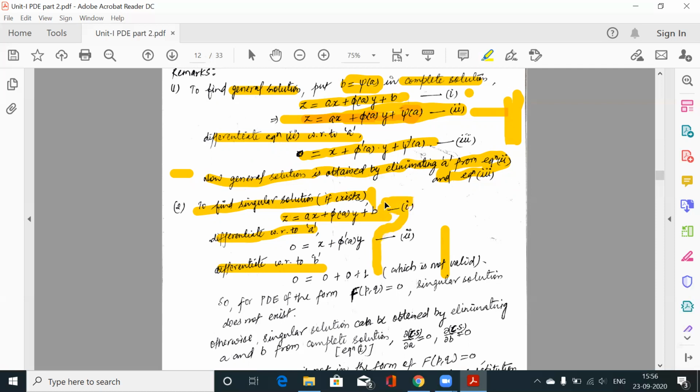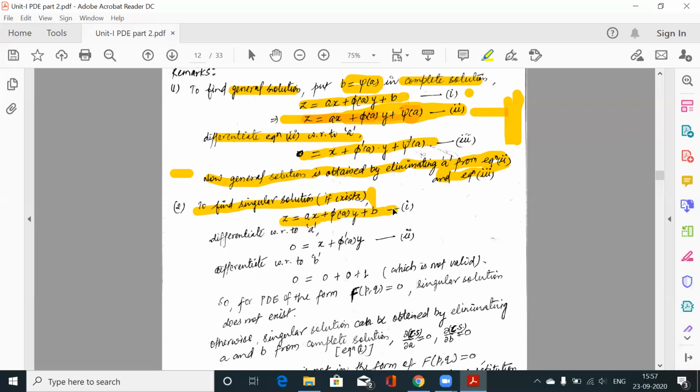In the complete solution is our singular solution. But we know that a singular solution does not exist for every PDE. We have to see whether the singular solution exists or does not exist. So if you have been asked to find the singular solution, then I'm telling you that in this case, if the question is in the standard form 1, meaning case 1, then there does not exist a singular solution. Why am I saying this? Because